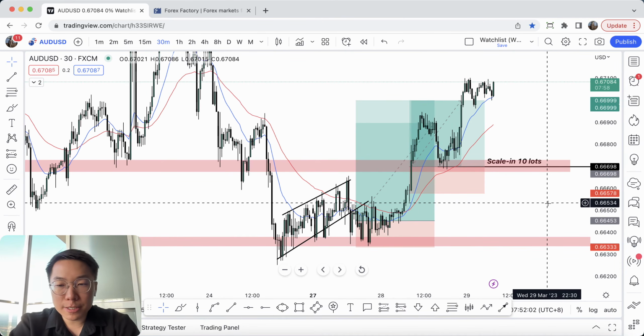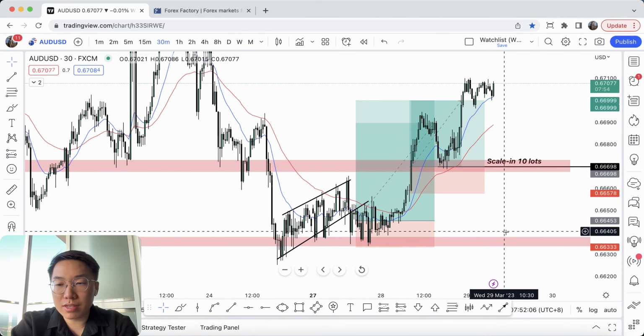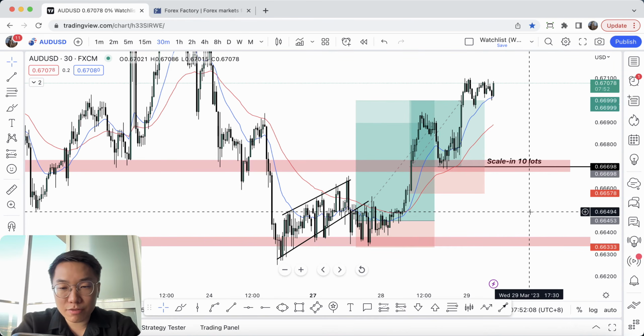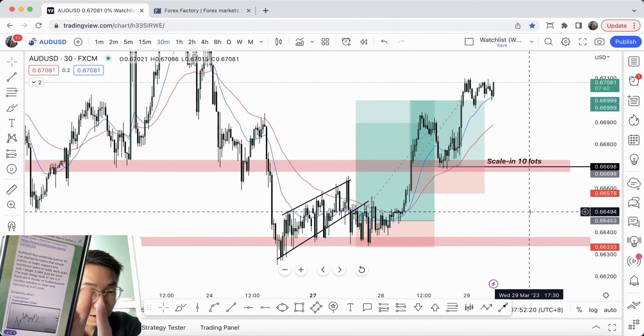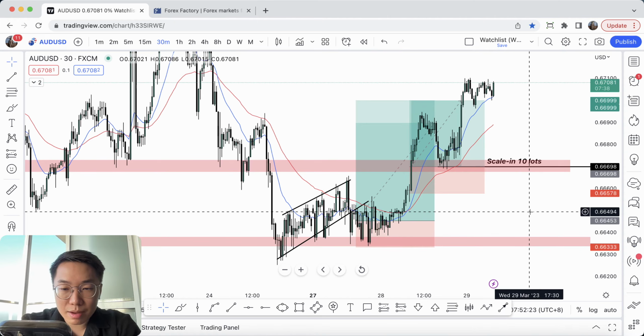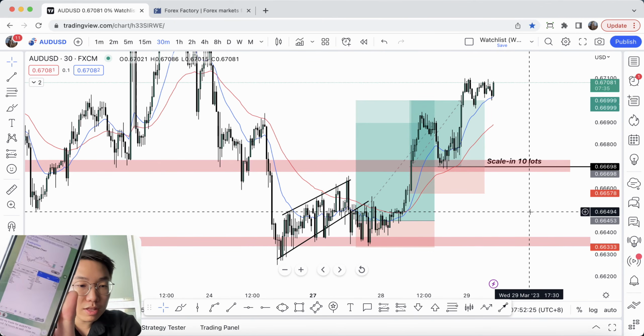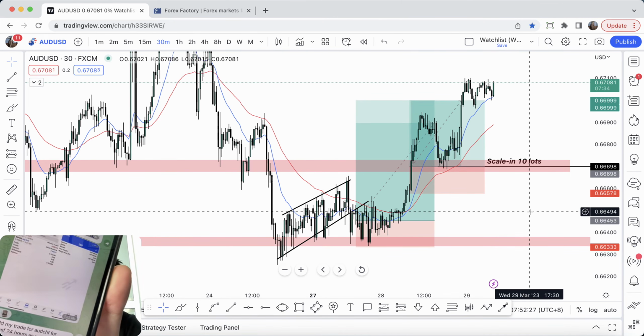It's not a magic number. Everything is discussed in the community. I've said that I'm looking for a long at the 66.70 level. Just a proof here: you can actually see some of our members are executing different setups, making winners. Another trader here made about